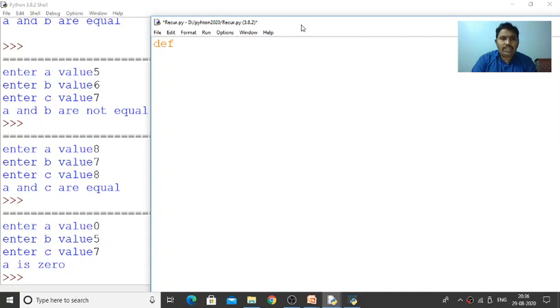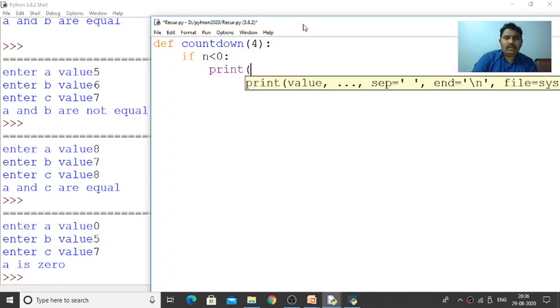We know that functions can be created by using the def keyword. So simply call that function countdown, with parameter n. Now write the statement. What is the condition we're verifying? If n less than 0, write down print blast.